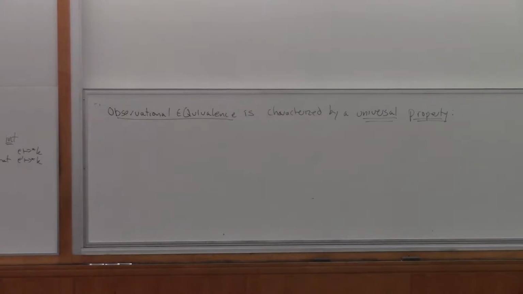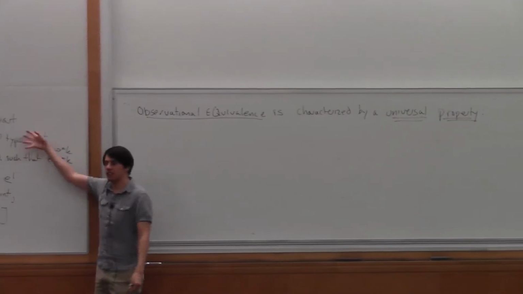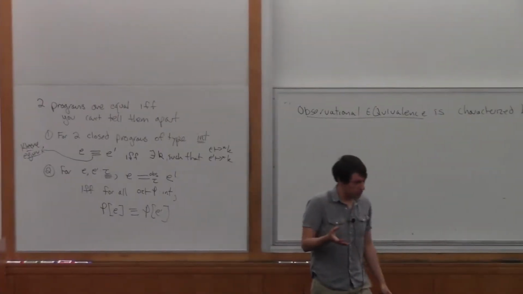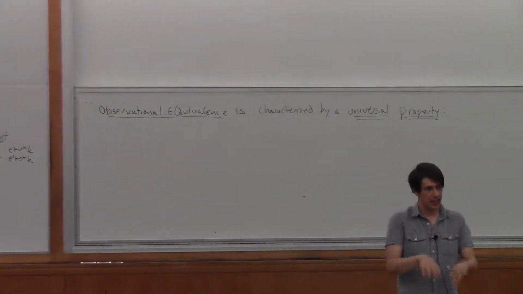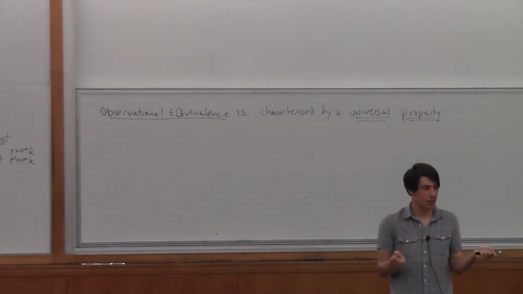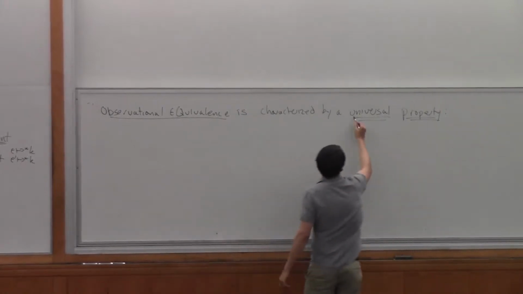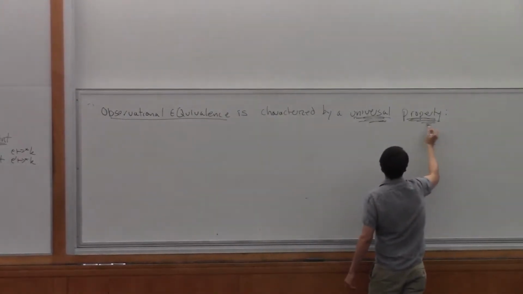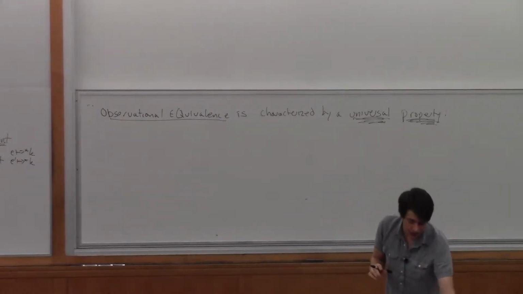Well, how can I convince you if that's a good definition? Well, I can do some examples and say, okay, this is good for reasoning or something like that. But to some extent, you might not have thought of this if I hadn't written it on the board. Oh, what we do is we start off by saying at base type they run to the same value, and then for any other type we say I extend it to base type by picking context. It's a bit of a weird thing to come up with. So what we can say to convince ourselves that it's characterized by a universal property and therefore a reasonable or more convincing definition is that